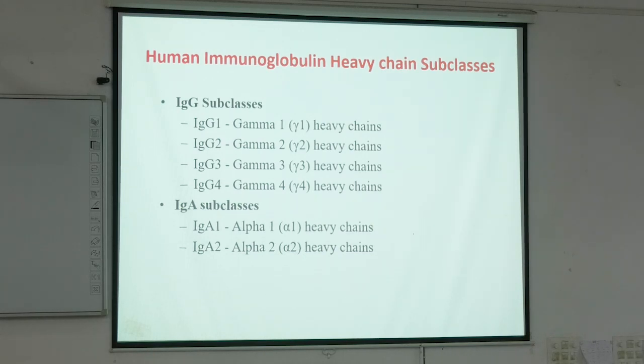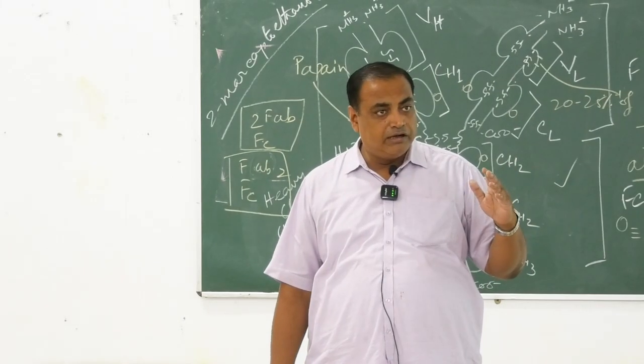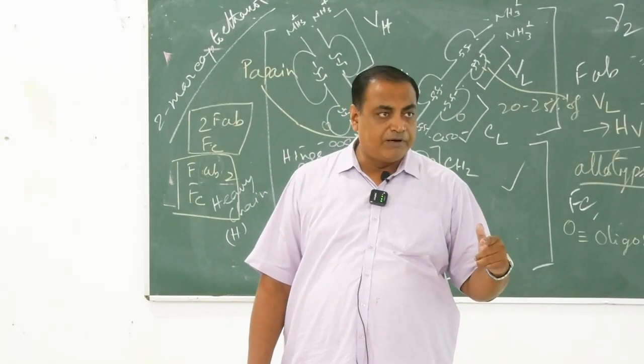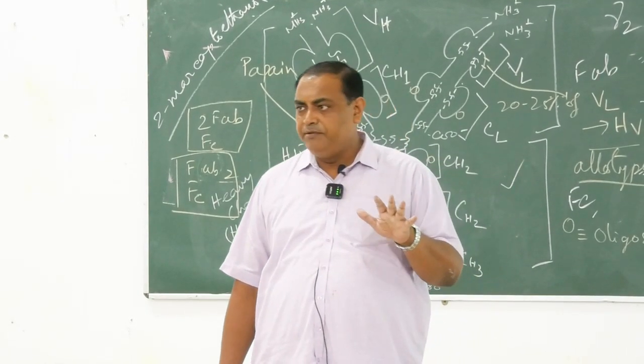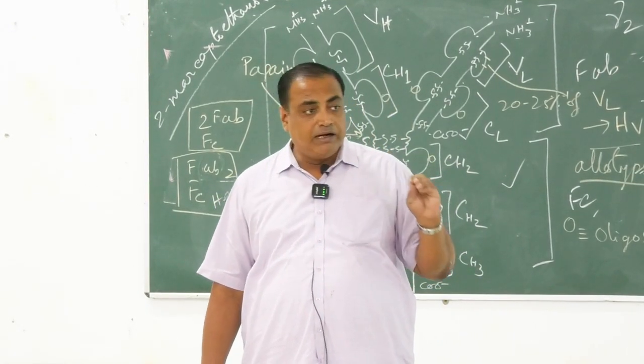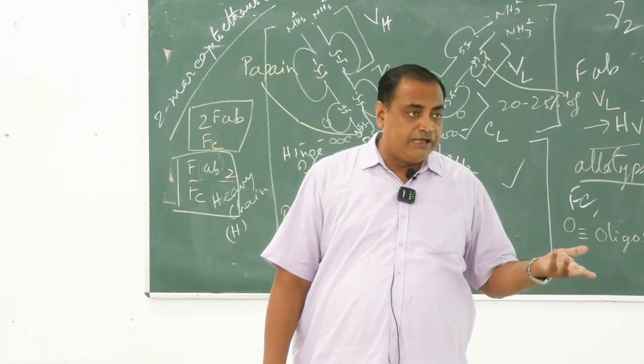Now we come to the subtypes. Not all isotypes will have subclasses. Few will have. Everyone will have two subtypes. What is that? Alpha2 kappa2, alpha2 lambda2, gamma2 lambda2, gamma2 kappa2, delta2 lambda2, delta2 kappa2. These subtypes are there, 5 into 2, 10. But in addition to these,